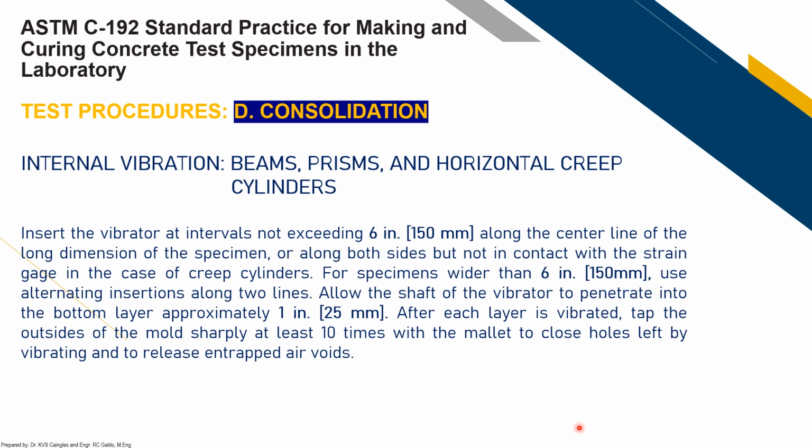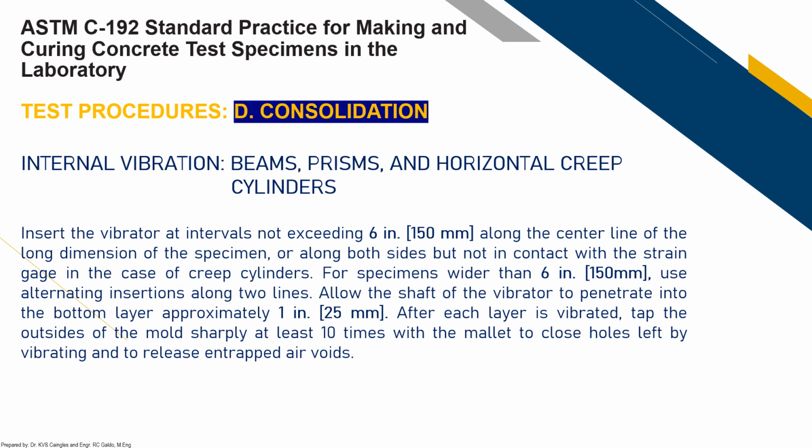Okay, so for specimens wider than 6 inches or 150 mm, use alternating insertions along two lines. Allow the shaft of the vibrator to penetrate into the bottom layer approximately 1 inch or 25 mm, same as before. After each layer is vibrated, you need to tap the outside of the mold sharply at least 10 times with a rubber mallet, again, to close holes left by the